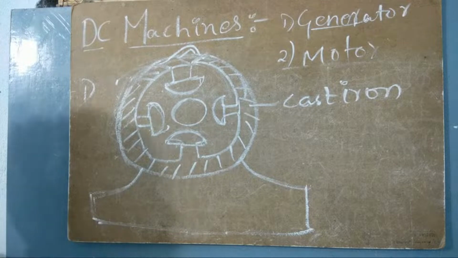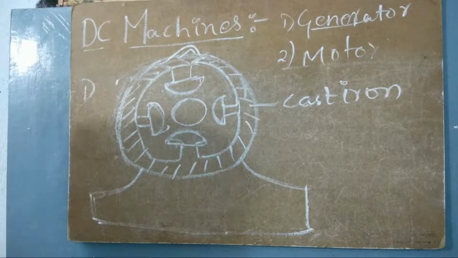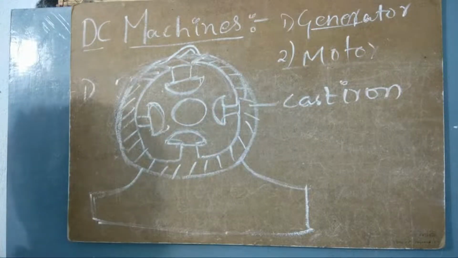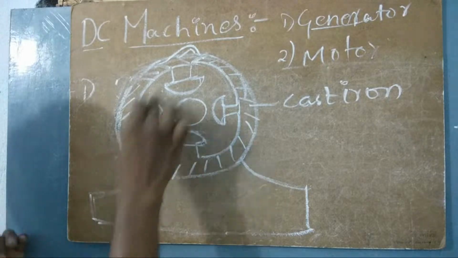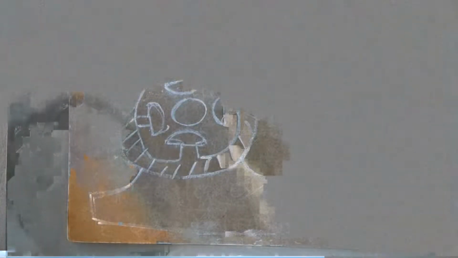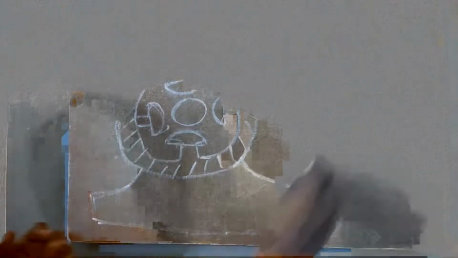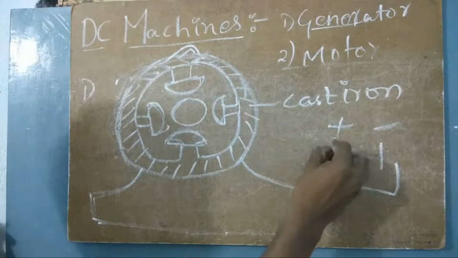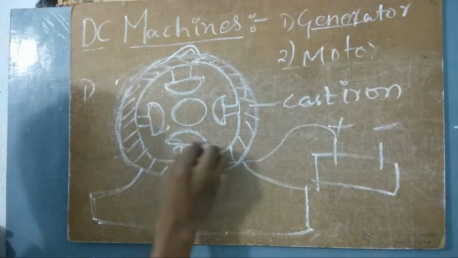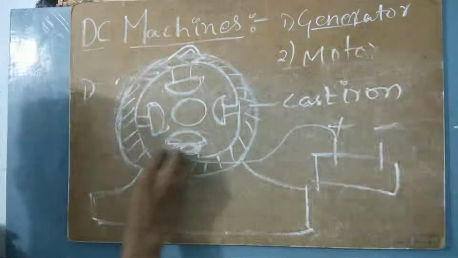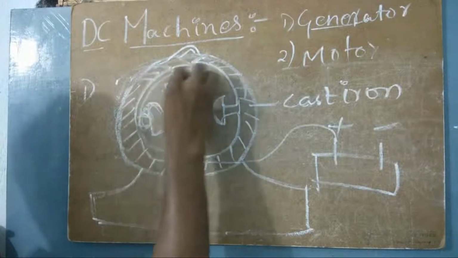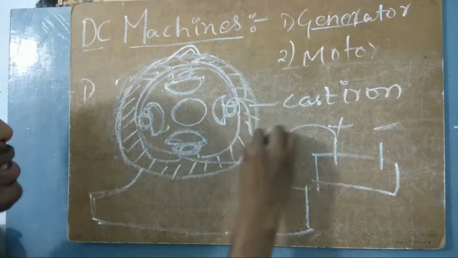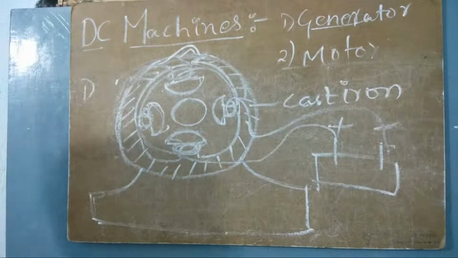For producing the field, let us understand it very clearly. If it is a separately excited machine, for producing the field within this machine, we have to excite it with some coil. So how are we going to produce the magnetic field within this machine? If I take a battery here, let us say this is positive and negative. From this battery, I will take one wire coming from this side, wind this one, then go to this one, then this one, and finally the outer wire will come in this direction, which I connect to the negative pole of the battery.